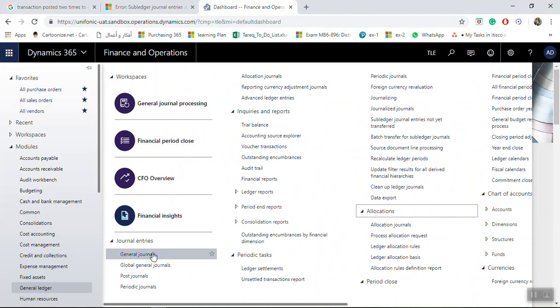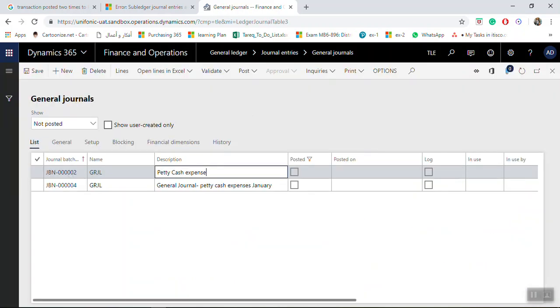We will consider that you already made the payment journal, which was debit prepaid rent expenses, credit bank. Now we need to allocate the 12,000, which will be debit expense, credit prepaid rent expenses, with 1,000 for each month among 12 months. So if you need to do this transaction from General ledger, Journal entries, General journals,